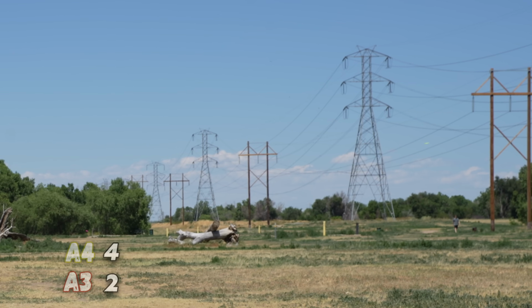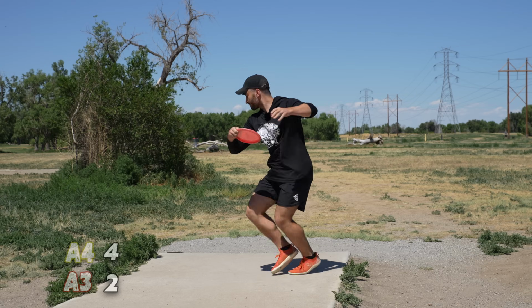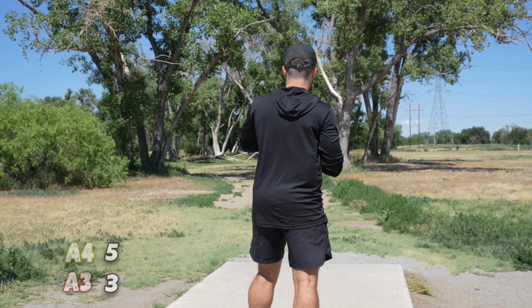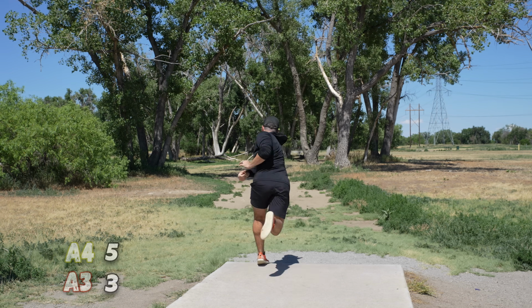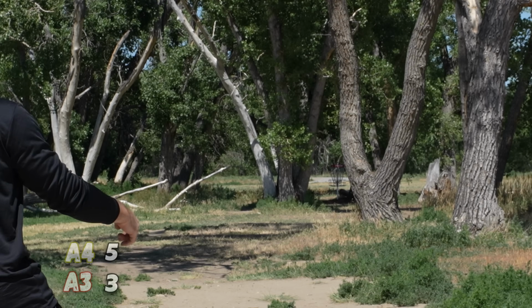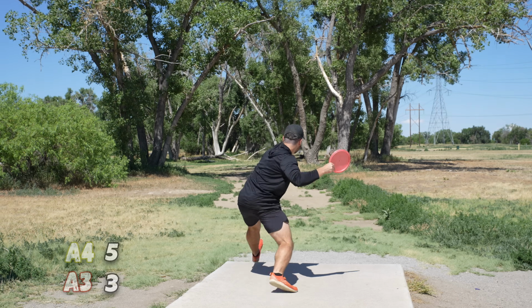It's like if you take the A4 and the A2 and you smash them together, and guess what happens when you average 4 and 2? You get 3. So good job, Prodigy, on that. That one whistles, what the heck? I would probably give the A3 4203 for the flight numbers, and I would give the A4 4402. Not 44 -12, it's not gonna turn on you, but it does have some overstability for sure,